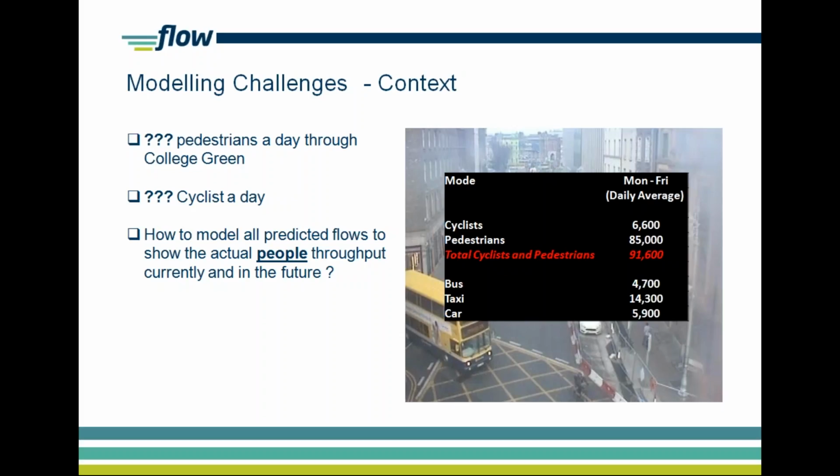So that was the biggest challenge, trying to come up with the tools that we can use to evaluate the scenarios that we're looking at, but also to be able to communicate to decision makers the benefits of what we are trying to do, not just from a public realm point of view, but also from a mobility point of view. So if you look at College Green, there's 6,600 cyclists at the moment, 85,000 pedestrians. So the total of those two is 90,000. And then when